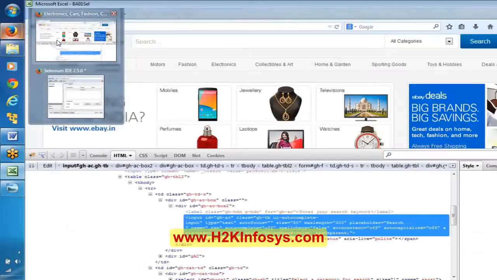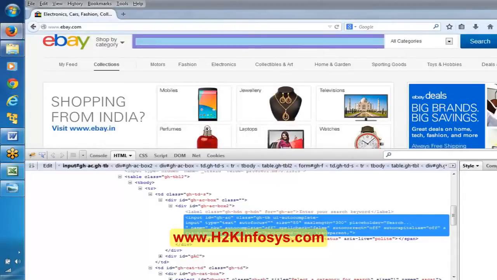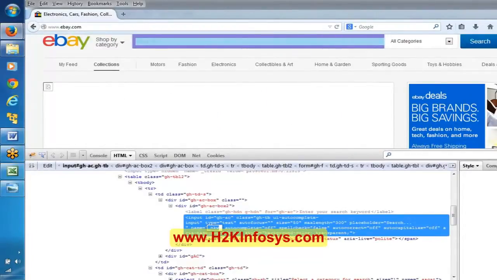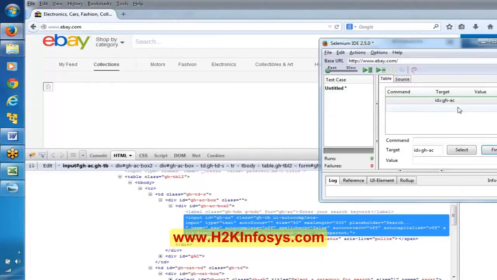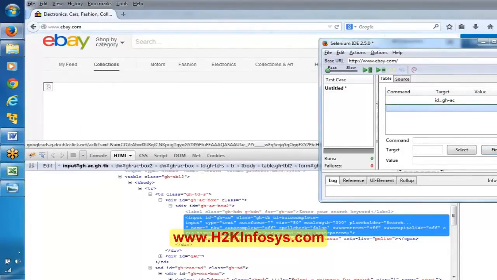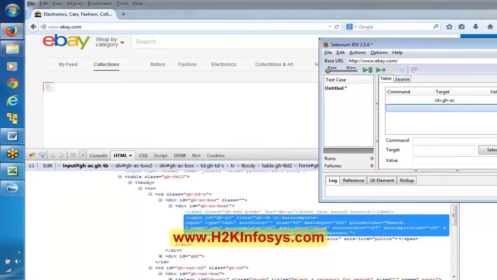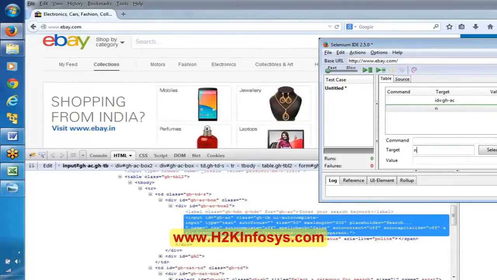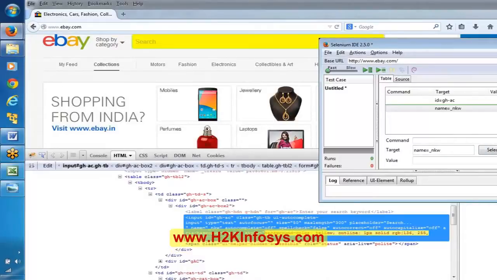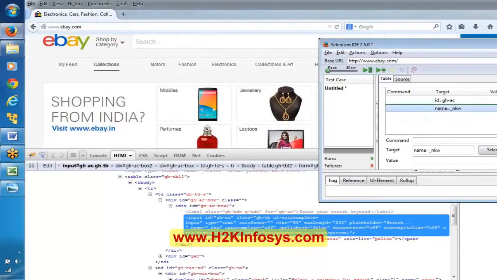Now see here, we'll try to see if we have a name for this. Yes, even this object has a name. In other words, here in Selenium IDE, instead of this ID, we can take the name also. In the previous case, we were able to recognize this particular text box using the ID, right? Now the same text box, I'm trying to use name here. Can you all observe it? Even by using this name, this particular text box is getting highlighted. So while writing the script,